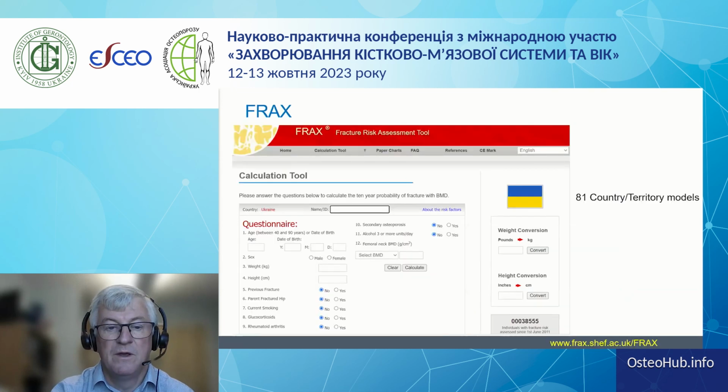And this is the current FRAX tool. This is the tool that was launched in 2008. You can see that it's a fairly simple online questionnaire that captures the risk factors that I've just mentioned in the previous slides. We know that the fracture risk varies around the world,